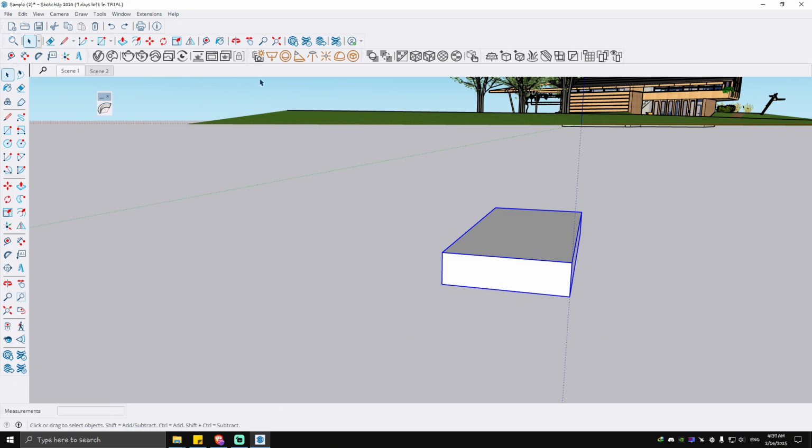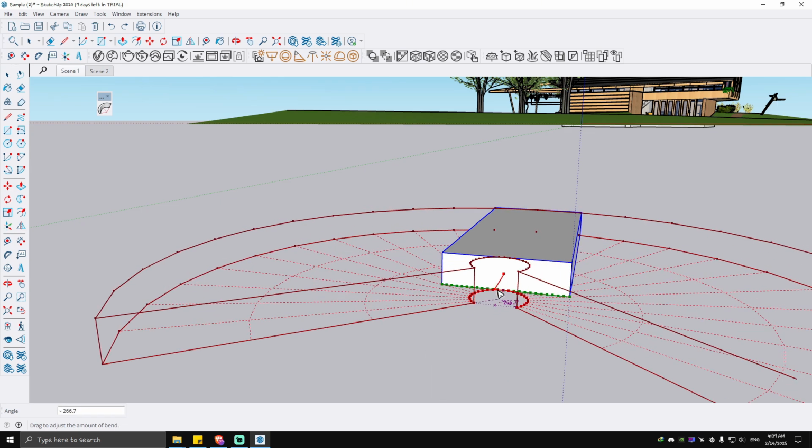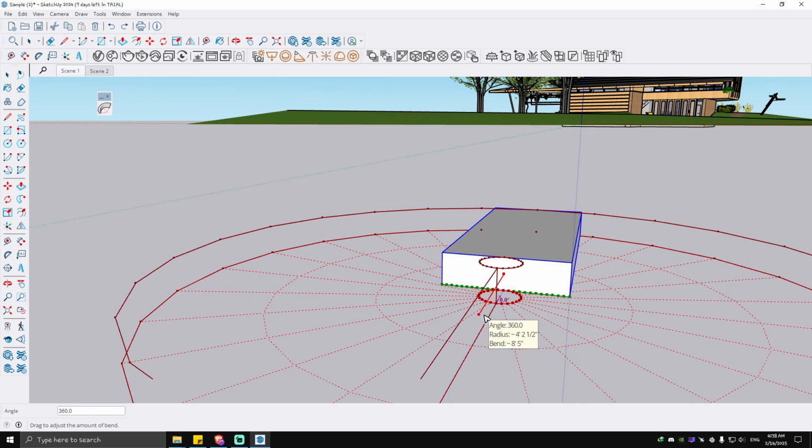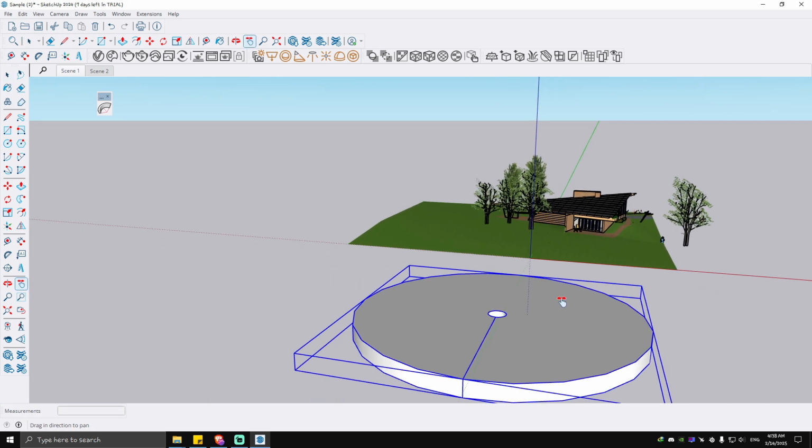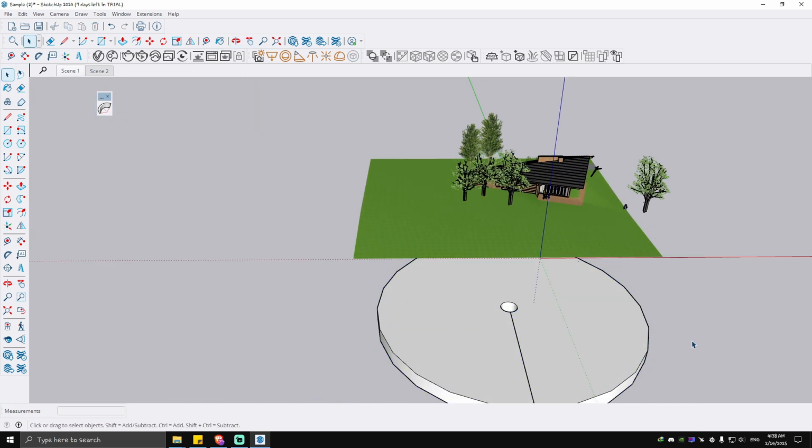Again, download this one from the Extension Warehouse, then click TrueBend. Let's use this center point right here. As you can see, it is now on 360 degrees, which will make us a round object. All right, hit enter. As you can see here, let's move around. All right, and that's how we use the